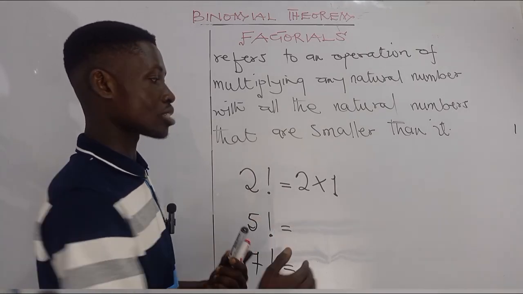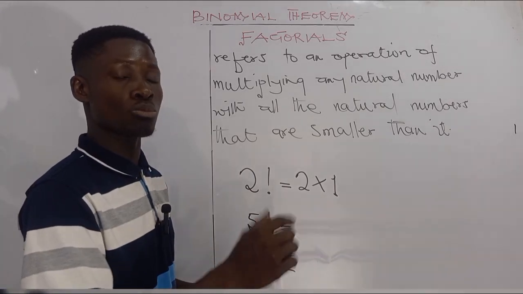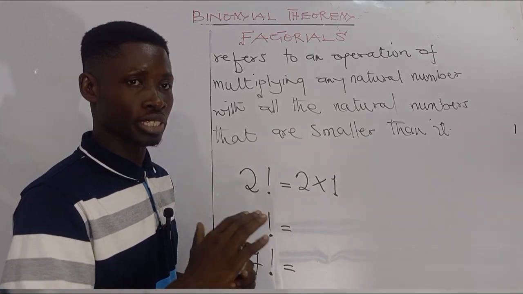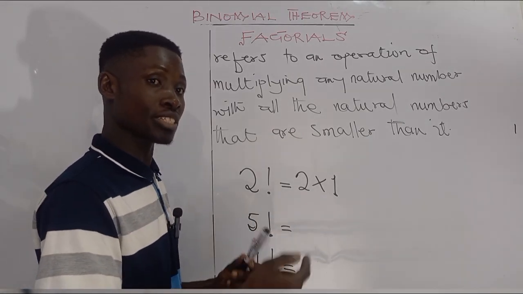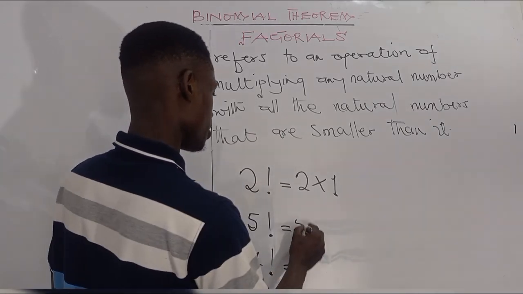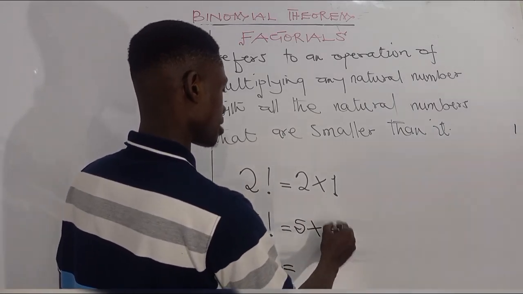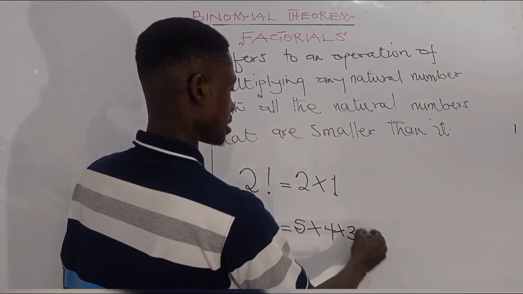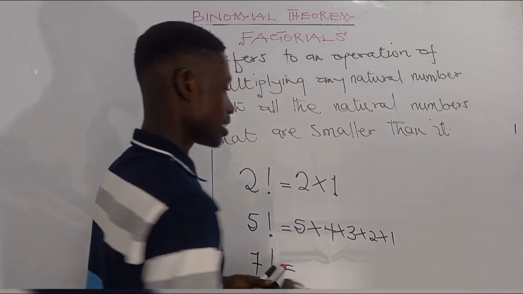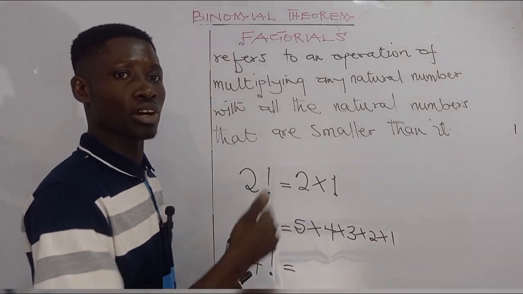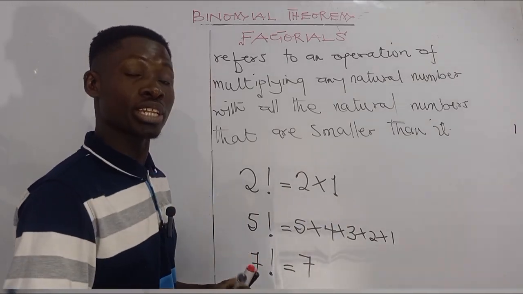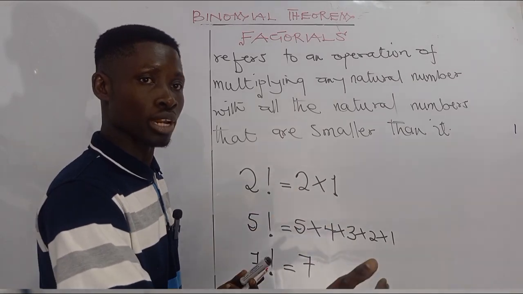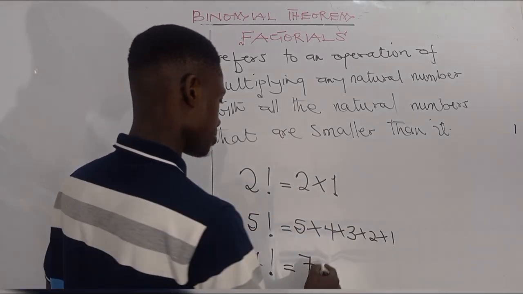We always end at 1 because from 1 we move to 0 and 0 is not a natural number. 5 factorial means we have to multiply the natural number 5 and all those natural numbers that are lesser than 5. 7 factorial means we have to multiply the number 7 and all the natural numbers that are smaller than 7. So we have